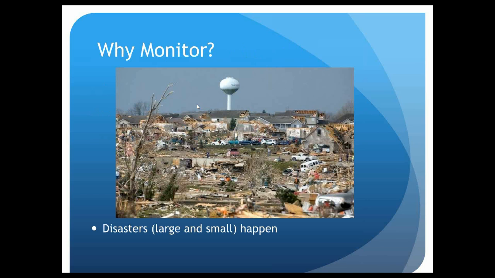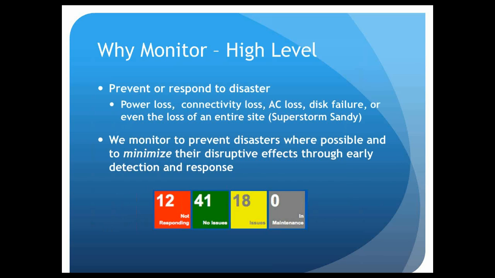So why do you want to monitor? At the highest possible level, that's because disasters, whether they're large or small, do happen. The point of monitoring is to be able to either prevent or respond to a disaster. And a disaster is a term that we can use fairly loosely. That can range from everything from power loss, connectivity loss, air conditioning loss, disk failure, or even the loss of